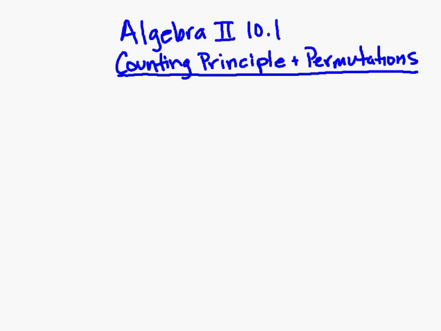In this lesson, I'm going to review several problems from our worksheet on 10.1a on counting principle and permutations. The three problems I'm going to review with you are number 5, number 15, and number 17. In number 5, I'm given 5 digits